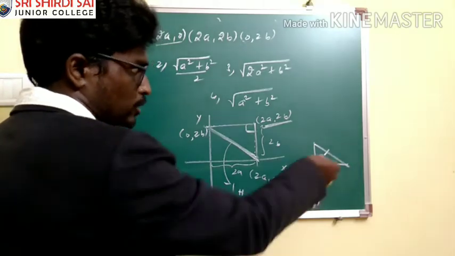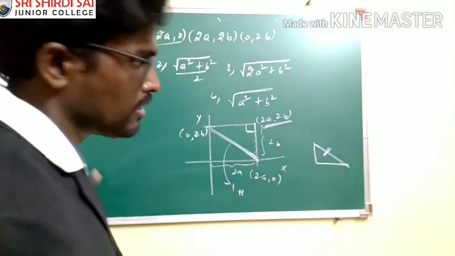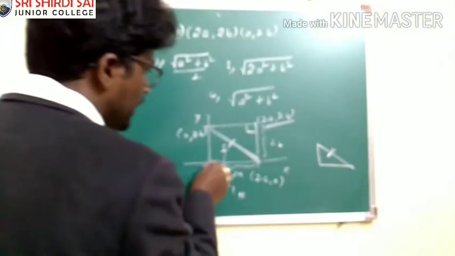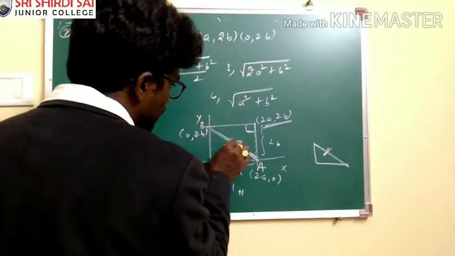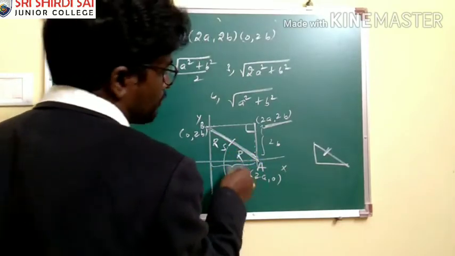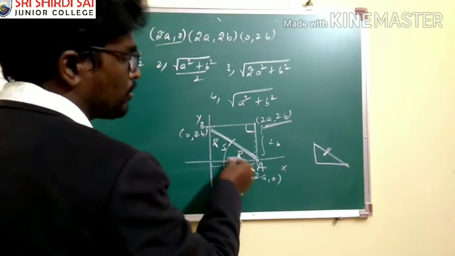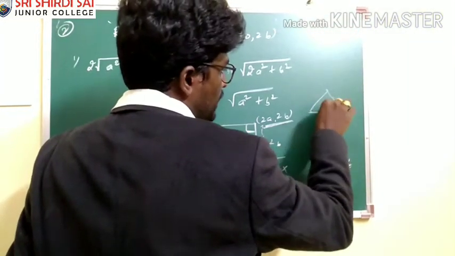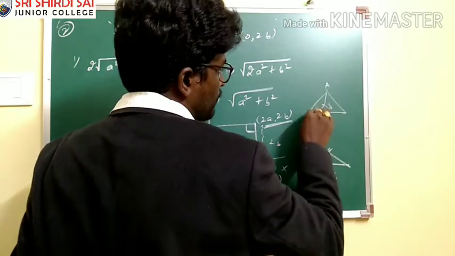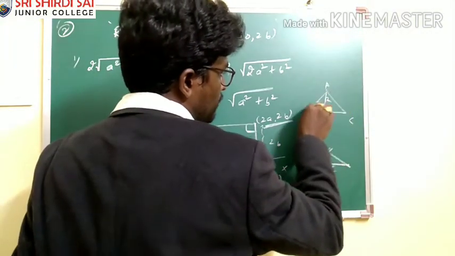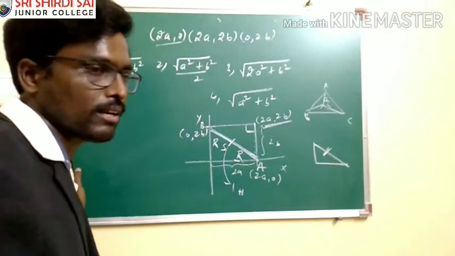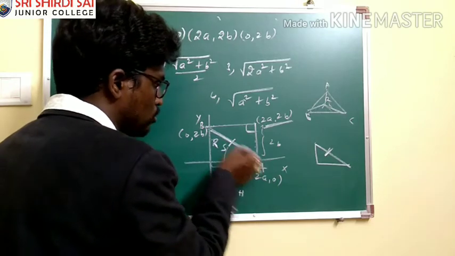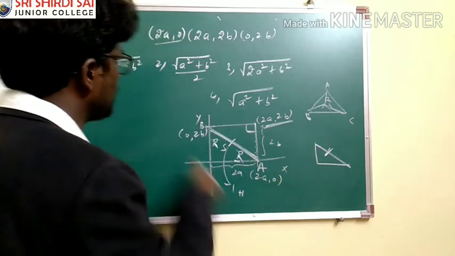Why? Because as I told you, the midpoint of the hypotenuse is the circumcenter, let's say this is some circumcenter S. We are talking about either SA or SB. SB is equal to SA, and that is equal to capital R because we are talking about circumradius. I have told you, in a triangle ABC, the distance from the circumcenter to any of these vertices is said to be circumradius, and that we denote by capital R. Similarly, SA or SB is going to be capital R, and hence if you trace out this total length and divide it by 2, you will be getting the circumradius.